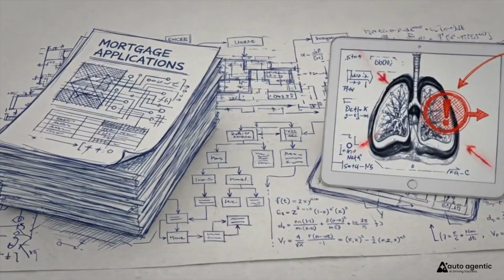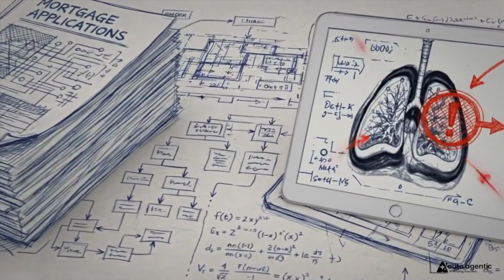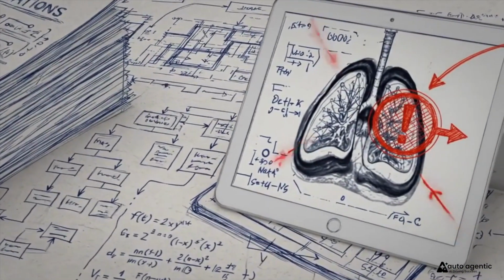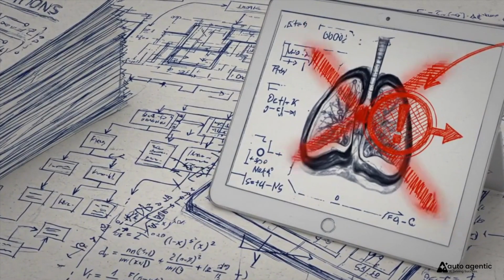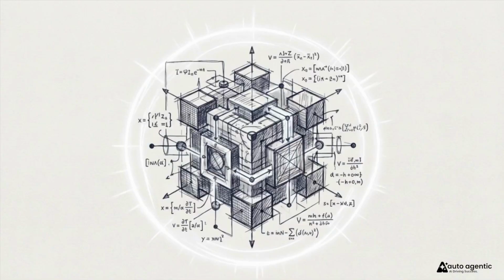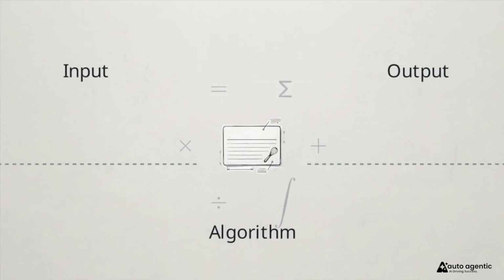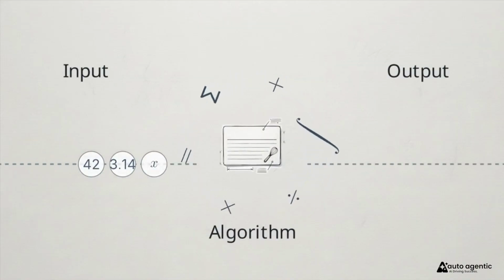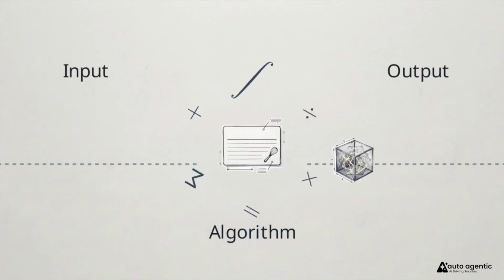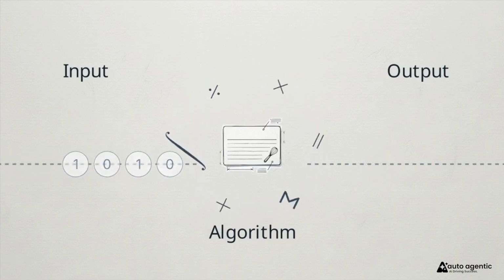When a bank approves a mortgage or a hospital flags a disease, the final call rarely comes from a human mind. It comes from mathematics. At the core of these systems is an algorithm. An algorithm is simply a repeatable set of instructions, essentially a mathematical recipe designed to process inputs into a specific